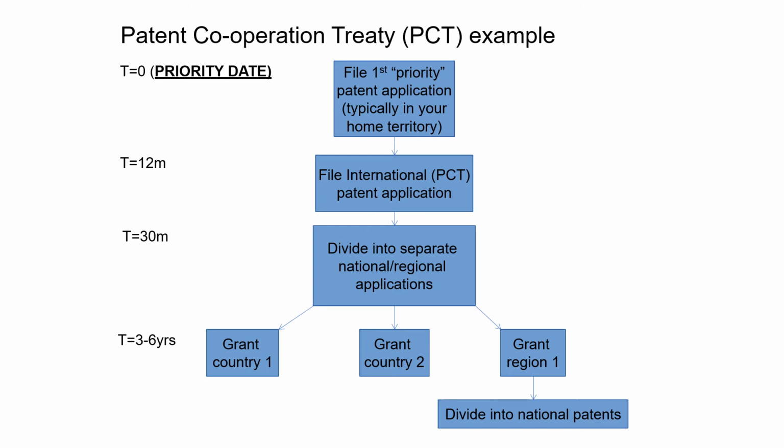So what I've given you here, and I'm going to talk through it quite slowly, is an example of what you might do if you've made an invention here in the UK, for example, and you eventually would like to obtain patent protection in a number of countries around the world. So down the left-hand side, you can see the time intervals. So at t equals 0,